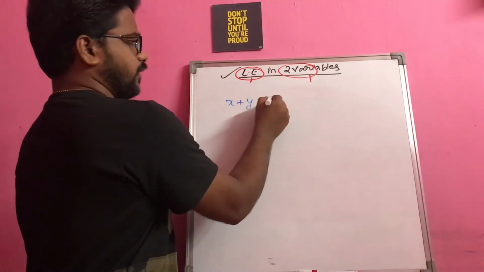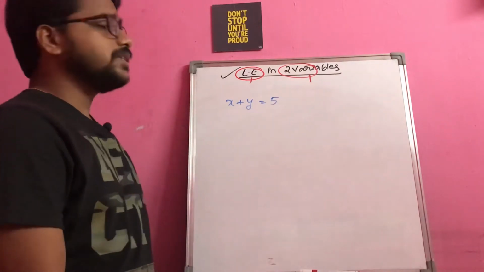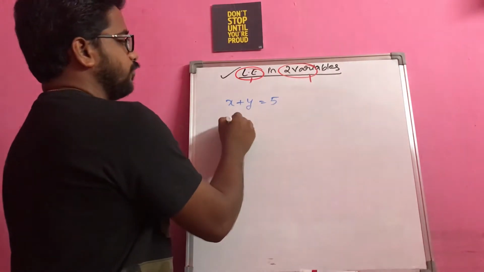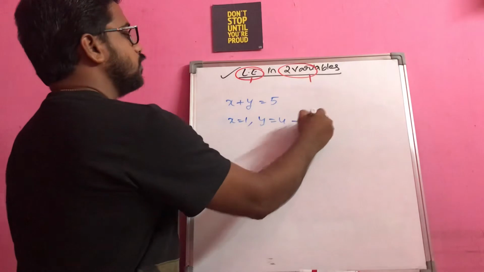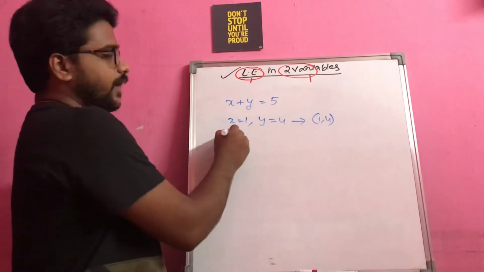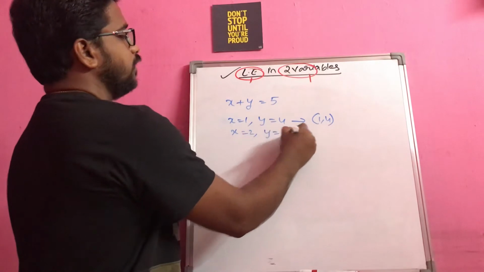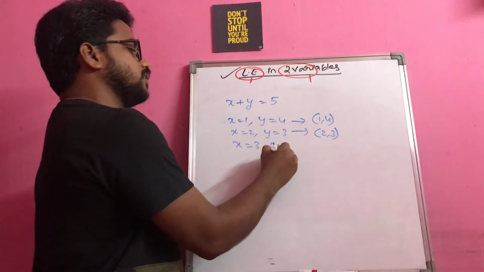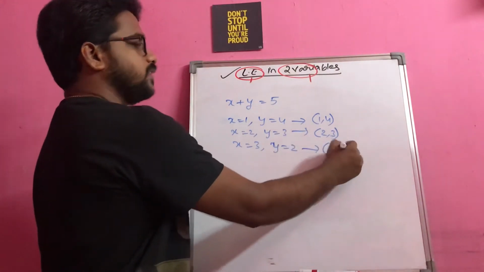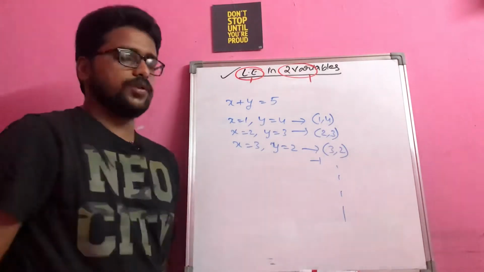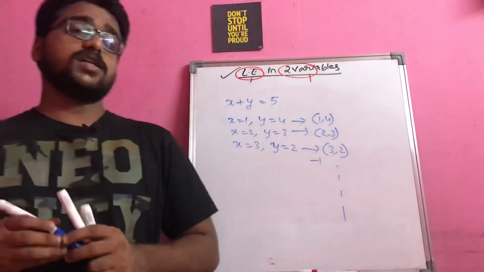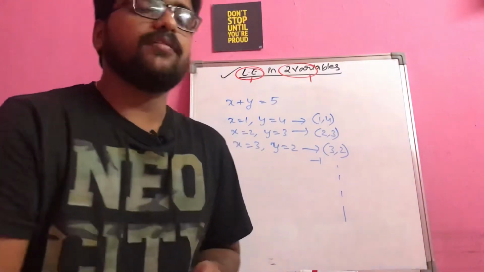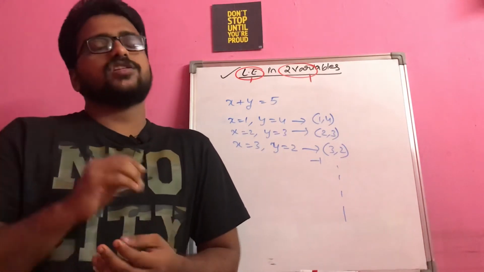if I have x plus y is equal to 5, let us see what are all the solutions possible for this. I can write x as 1 and y as 4, so one solution is 1 comma 4. x is 2, y is 3, and I get another solution as 2 comma 3. Similarly, I can even swap the positions, x is 3, y is 2, solution is 3 comma 2. Like this I am getting an infinite number of solutions, right? So the question here is, the degree is 1, but still why are we having an infinite number of solutions? Simple logic here.